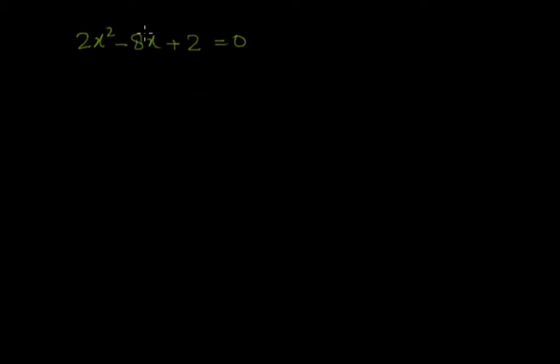Now let's take a look at another example. In this case, we have a coefficient in our first term, that is 2. So the first thing you need to remember is that the coefficient of the first term must be 1. We're going to make it 1, so we divide by 2. And remember, if you divide by 2, you need to divide each and every term by 2. So it becomes x squared minus 8 over 2, that is 4x, plus 1 is equal to 0. Now you need to subtract 1 from both sides. So it becomes